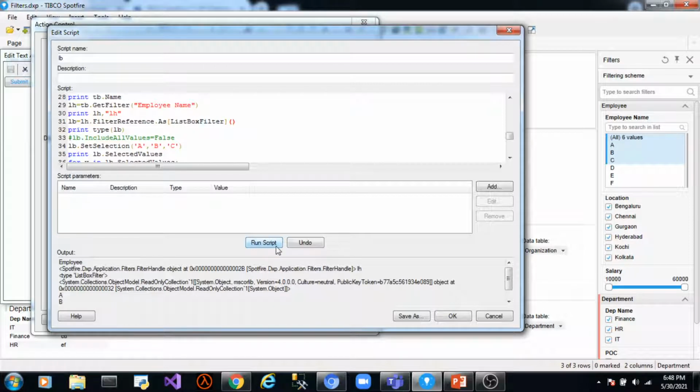Okay, so this is the output. That means this is returning an object of type listbox filter class.